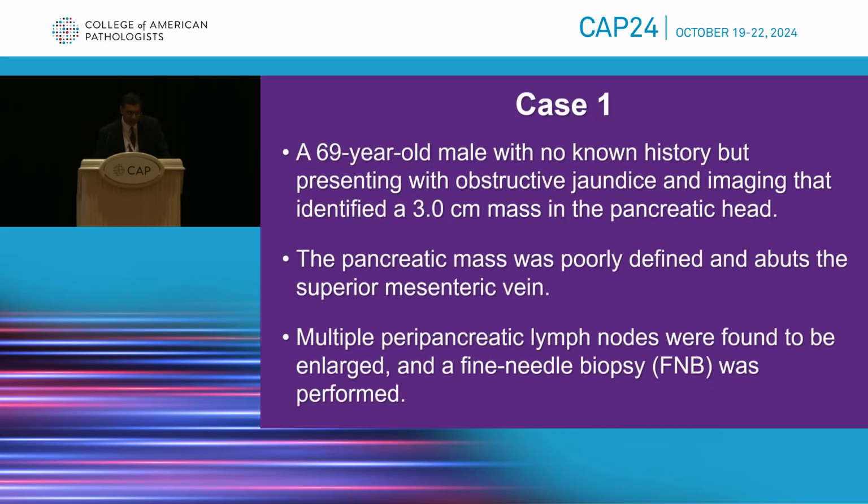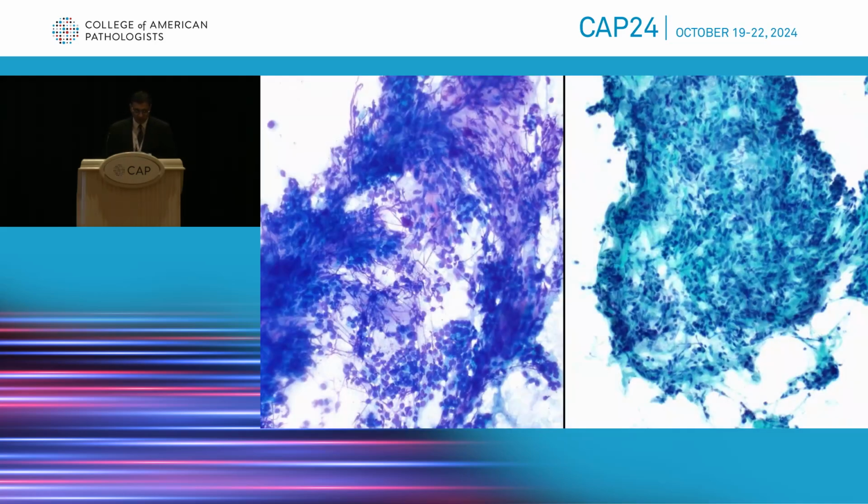So let's begin with our first case, which is a 69-year-old male that presented with obstructive jaundice and on imaging was found to have a 3-centimeter pancreatic head mass. The mass was noted to be poorly defined, abutting the SMV, and associated with multiple enlarged peripancreatic lymph nodes. A ROSE was done by 2 stains as we normally do, DIF-QUIK as well as PAP. The left is the DIF-QUIK stain that showed atypical ductal epithelium, while corresponding PAP slides on the right consisted of